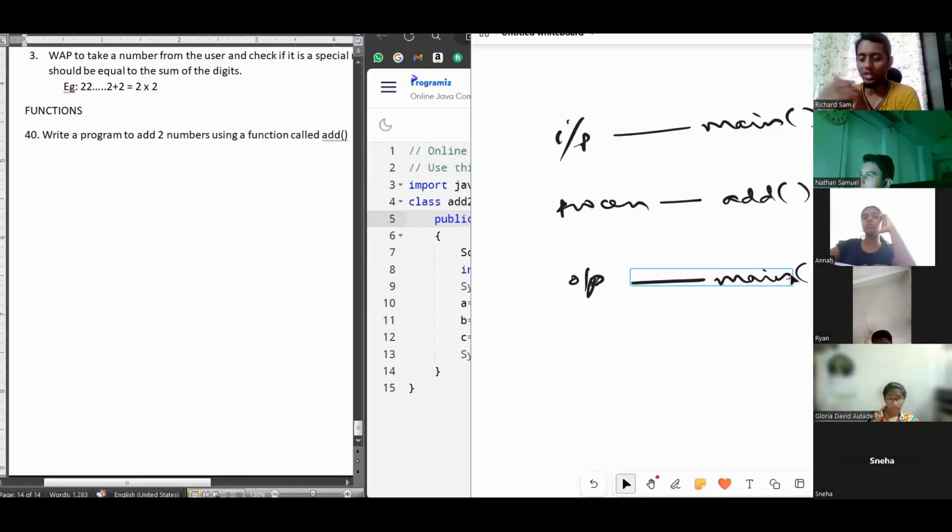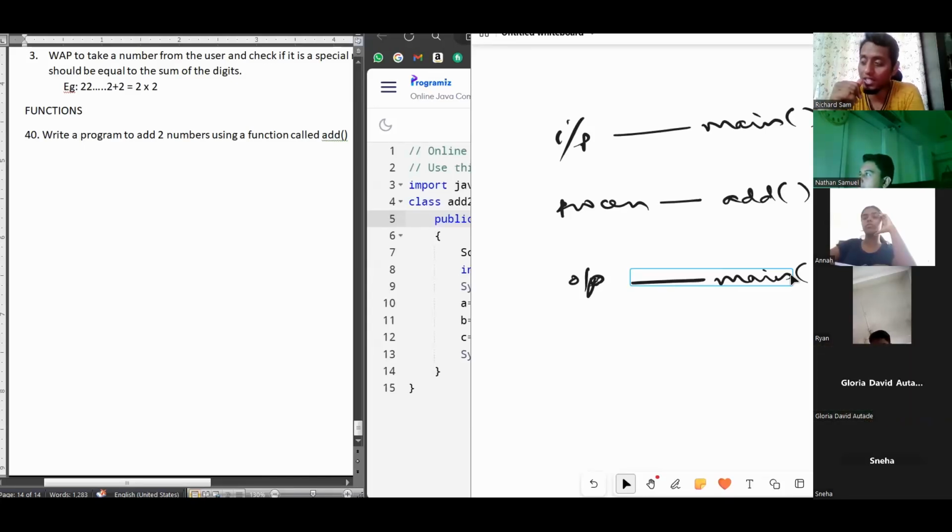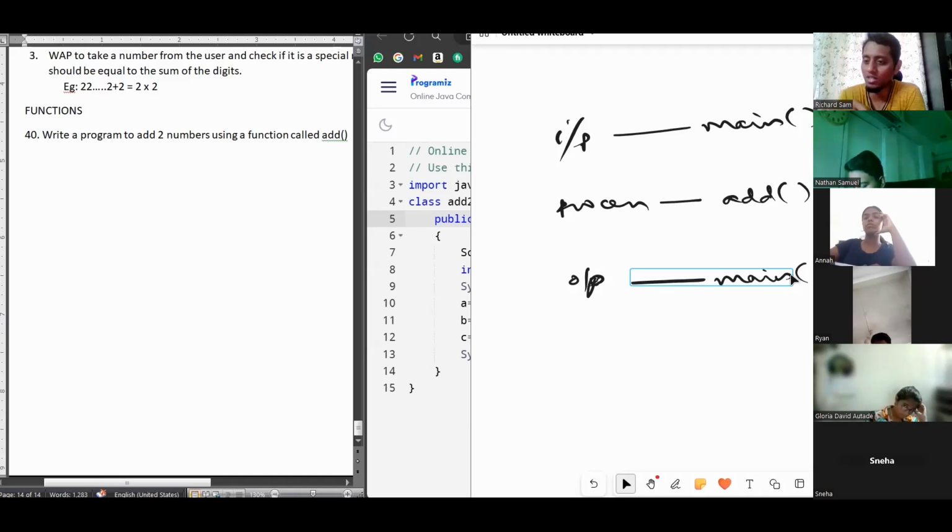Okay. Now, why this is useful is imagine there are 4 different calculations you're doing in Java. Not only addition. So you're doing addition, subtraction, division, and multiplication. Okay. And there's 2 ways to do it. One way is how Nathan only can do all 4, right? He can take the 2 numbers, he can do the addition, the subtraction, the multiplication, division, and give the answer